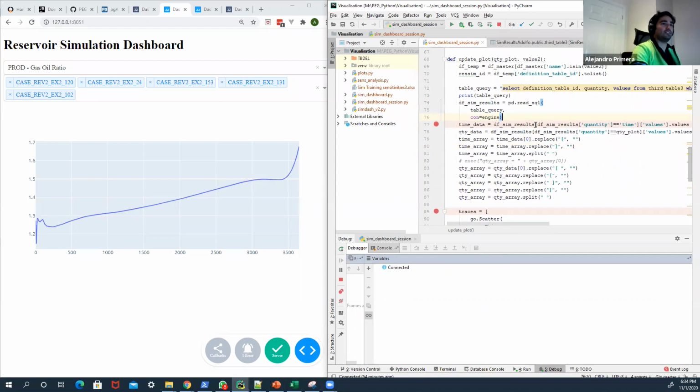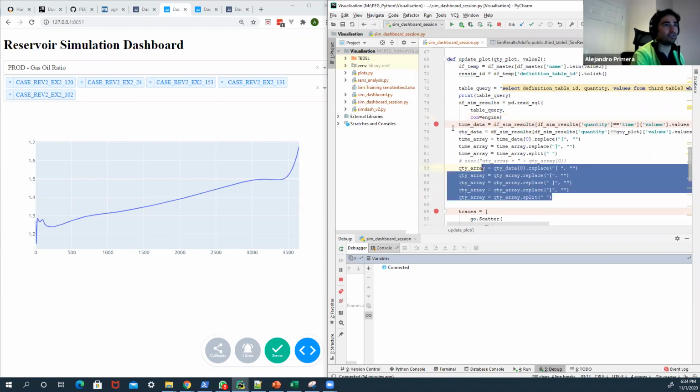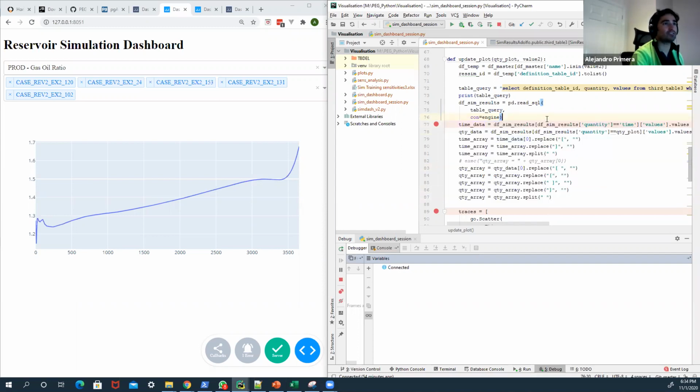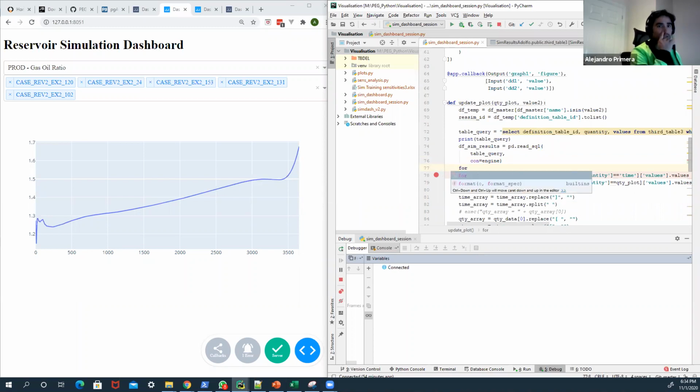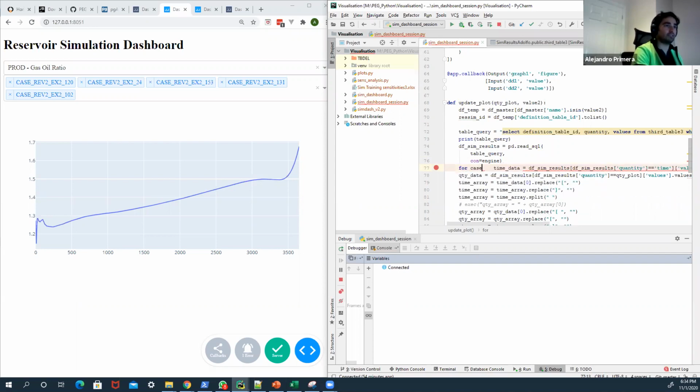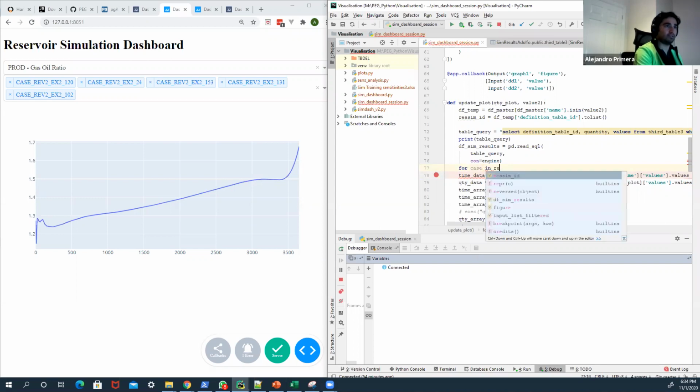Oh, okay. Yeah, I realize what's going on here. I have to look through these results in order to get all the traces for a simulation, for every simulation case. So I'm going to make a for loop. I'm mainly doing this for the recording session. Let's say, for case in REST SIM-ID,